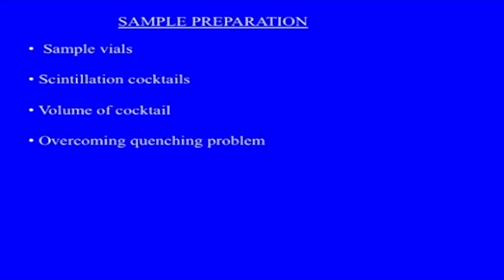Then a very important part of sample preparation is scintillation cocktails. Scintillation cocktails are mostly solutions of fluors, and there could be different types of scintillation cocktails, involving solvent as well as primary and secondary fluors. There are two types of solutions: one which is miscible with aqueous solution, and one which is not miscible with aqueous solution. The majority of radioactive species are present in an aqueous form, and as such are not miscible with aromatic solvents, which are your